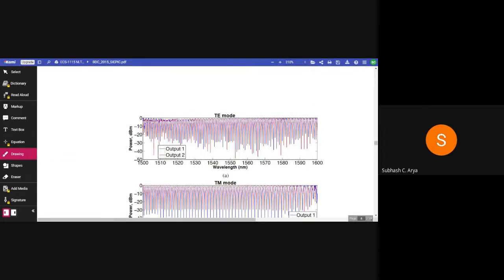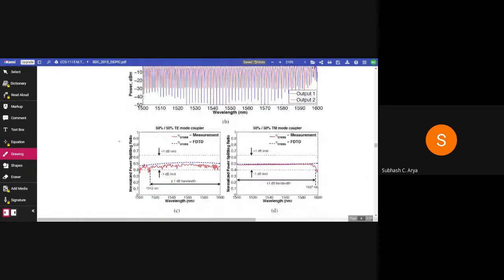So output 1 is blue color and output 2 is the red color. This is the power in dB and these are the wavelengths. So when one power is at maximum or minimum, the other one is at the minimum or maximum. Minimum, maximum, minimum, maximum. That will give you